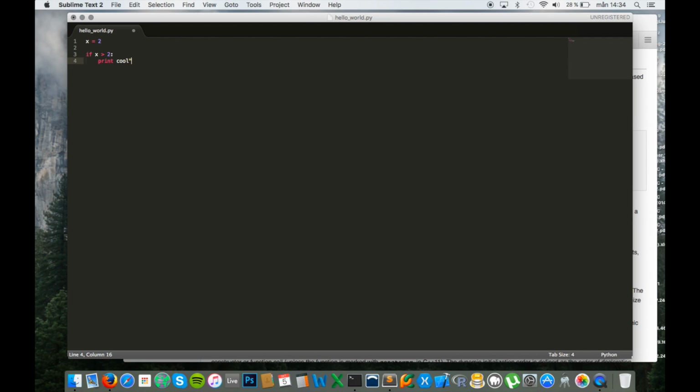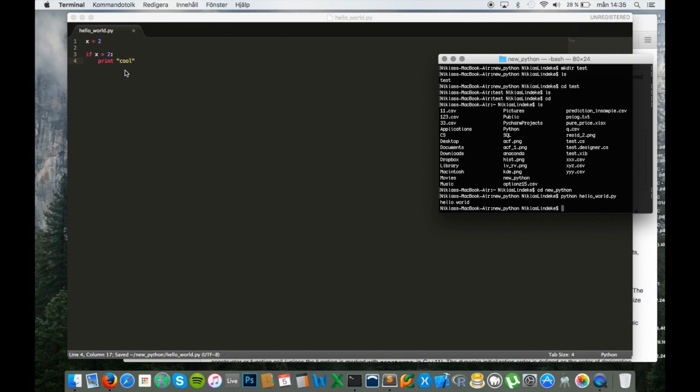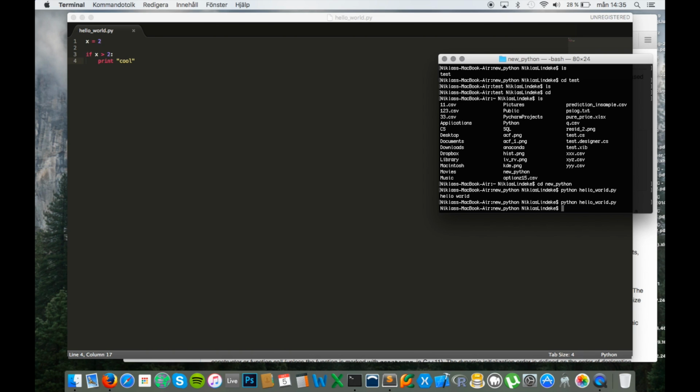Cool, because that was just so cool what we did right there. And yeah, let's check that out. Python hello world.py. All right, so in this example we saw that x is equal to 2.